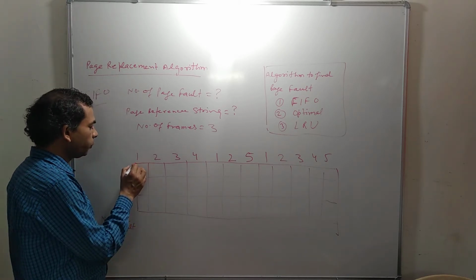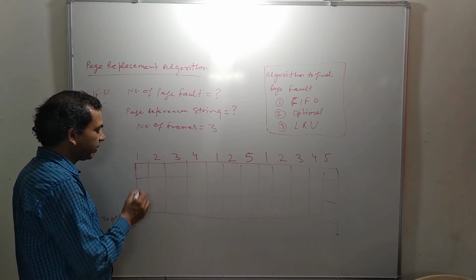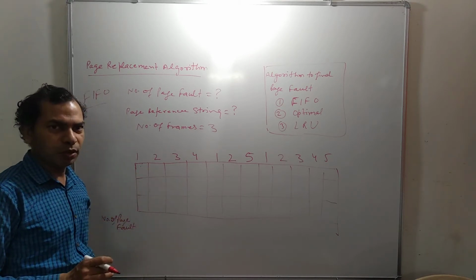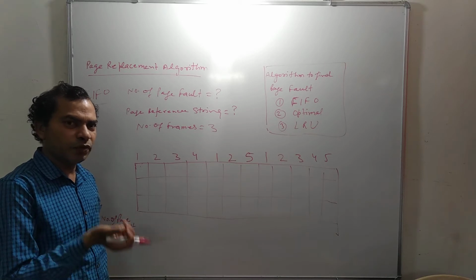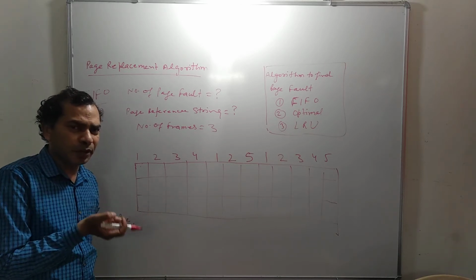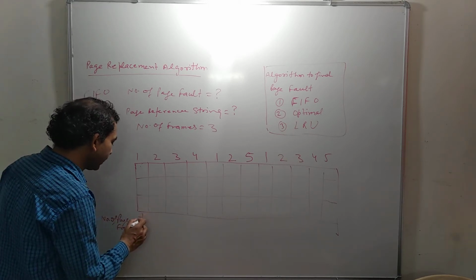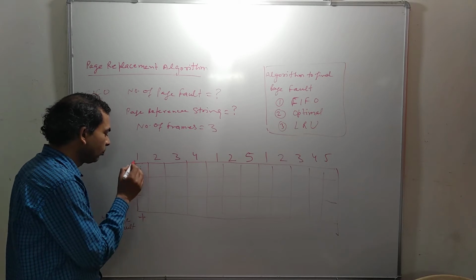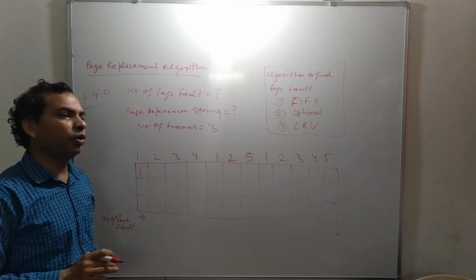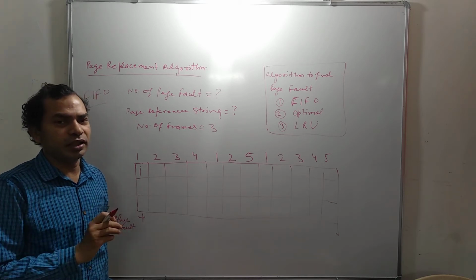So whenever we want to find page number 1, we find that in the RAM there is no page available, no page number 1. So the page will be picked up from the hard disk drive and will come inside the RAM. But whenever we search for the page, we don't get it, so a page fault will occur. So we will write the plus symbol here, and the 1 will come inside the random access memory, meaning this page is now present in the random access memory from the hard disk drive.